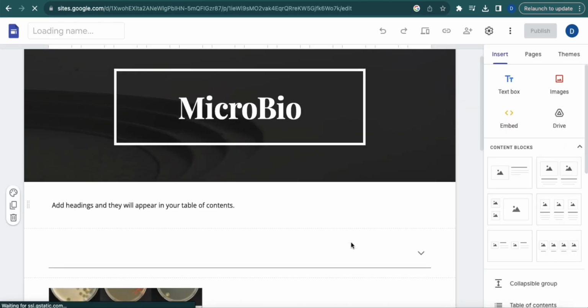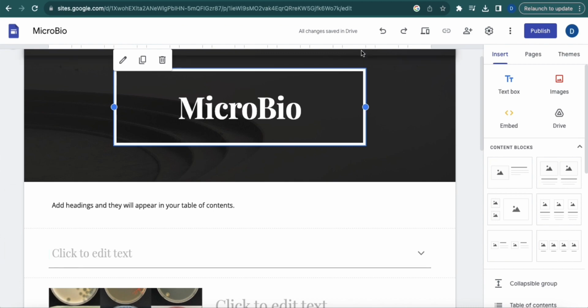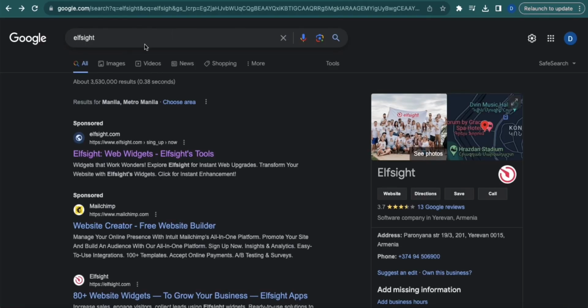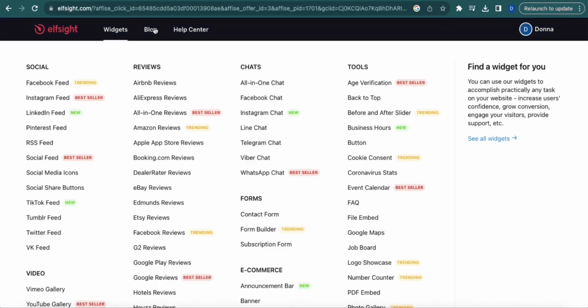So apparently, you cannot directly create the WhatsApp chat button using Google Sites. So for this, we will be using a third-party website, which is called Elfsite. So just search for Elfsite and then select the first result that will show. So you don't have to worry as this website offers a free subscription. So just sign in, or if you already have an account, then log in and then go to widgets